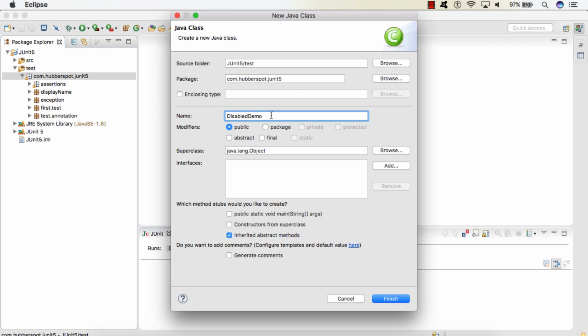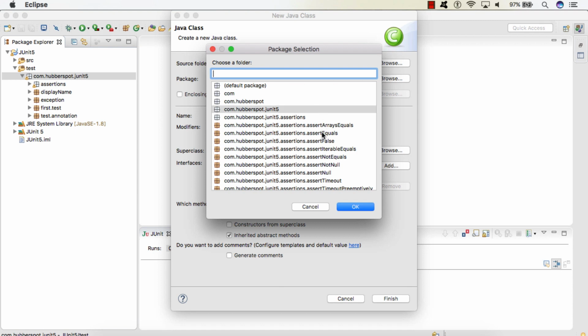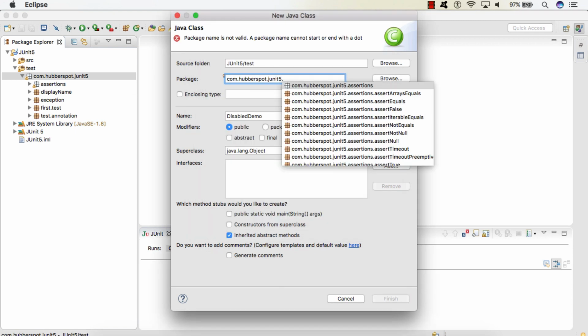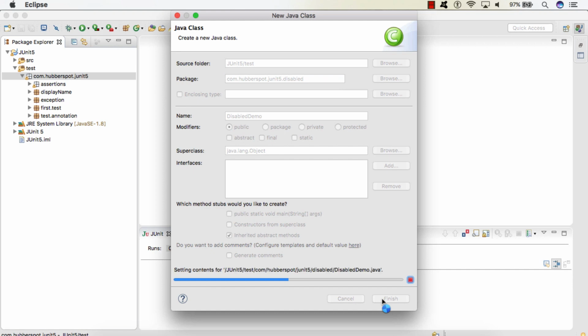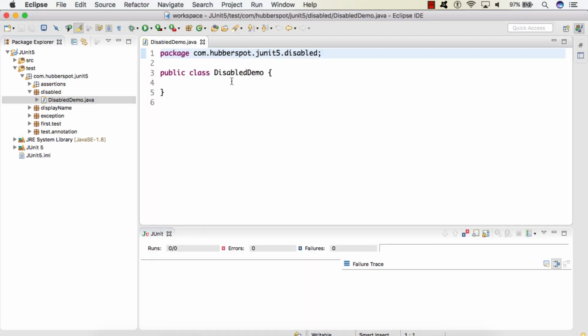Let's say I give it the name DisabledDemo, and I will keep it in a package com.hoverspot.junit.disabled. We'll click finish. So friends, this is our test class. Let's see the demonstration of the @Disabled annotation, how we can skip a complete test class or an individual test case.